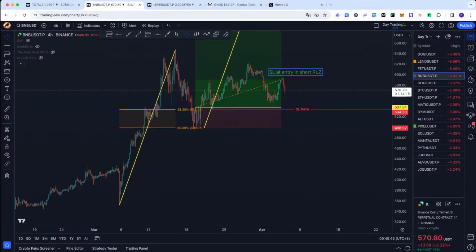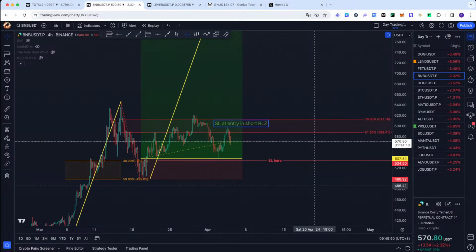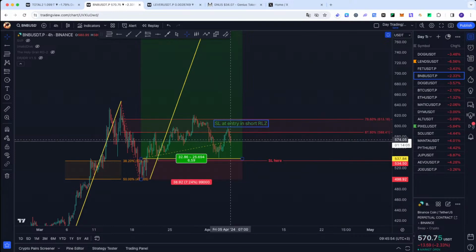Well, we're still in the trade. You want to take some profit, you want to do something, you think it's better for you. Well, we rejected second time from the short reload zone. We are playing fib pong on BNB. If you draw another short reload zone from this top to this bottom, you'll see rejected from short reload zone. If you draw a long reload zone from this bottom to this top and you are waiting here, you can see it's rejecting from 61.8. So it's playing fib pong in lower and lower time frames. Volatility is going out, and at some point in time will explode, up or down. We don't know yet which direction it will be.